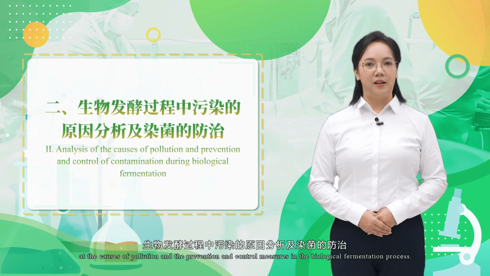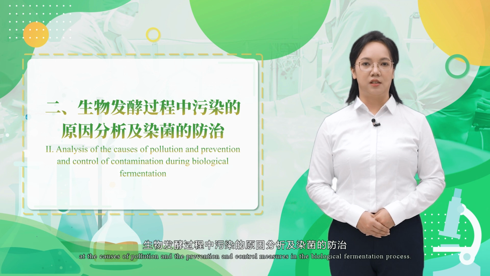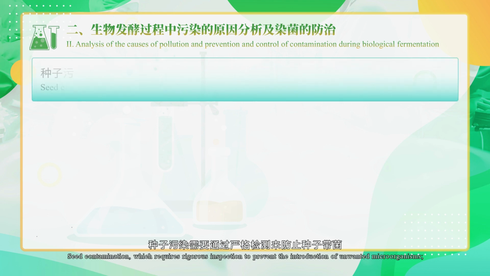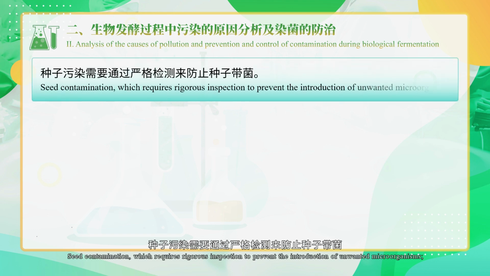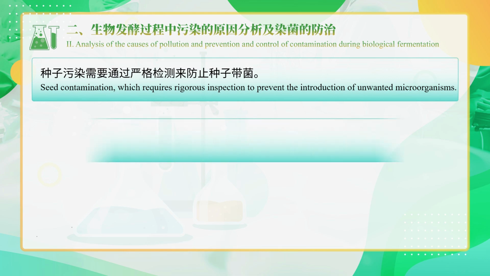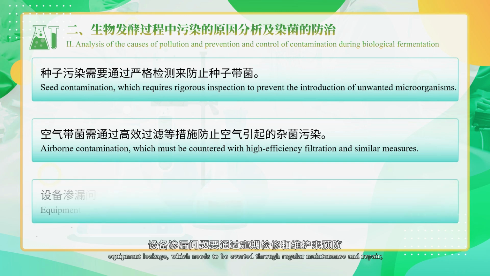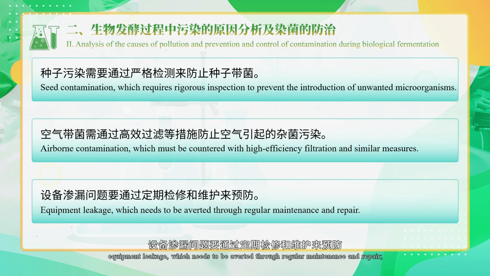Now let's look at the causes of pollution and the prevention and control measures in the biological fermentation process. These mainly include seed contamination, which requires rigorous inspection to prevent the introduction of unwanted microorganisms, airborne contamination, which must be countered with high-efficiency filtration and similar measures, equipment leakage, which needs to be averted through regular maintenance and repair,